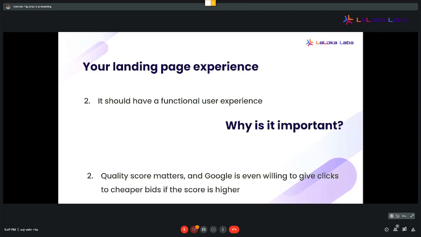Moving on to the second point we mentioned about the landing page experience: you should have a functional UX. So why is it important? Because quality score still matters. Google keeps doing updates on how the algorithm of Google Ads works, but still valid today for 2022, quality score still matters to a point that even if you have a lower budget than the competition and your budget is not good enough to compete